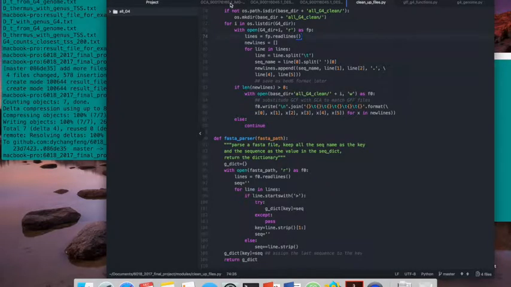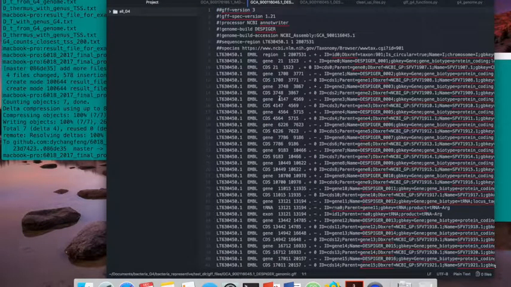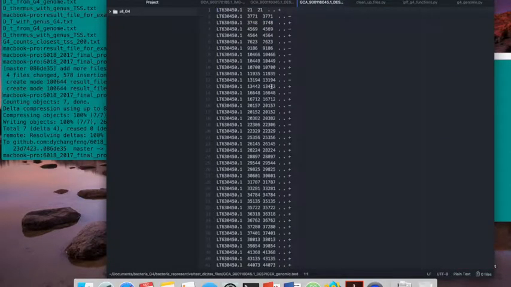The second file is a genomic feature file, a GFF3 file. As you see here, there are many features in this file, but we don't need a lot. We only want to know where the TSS regions or the CDS regions are. The TSS is the beginning of a gene. So what we need to do is find all the features that are genes and find their start locations. If the strand is plus, the start is the first number. If the strand is minus, the start is the second number. And this is the file we want, with only a few columns: the sequence name, the start of the sequence, the end of the sequence, and then the